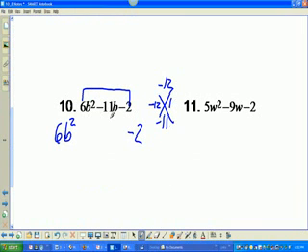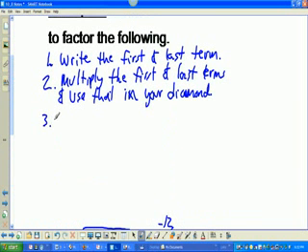So the way I get negative 11b, I'm really just rewriting the problem. I'm not doing anything different. So I'm going to say negative 12b plus 1b. Then, next step, we're going to factor by grouping. Since we have two terms,